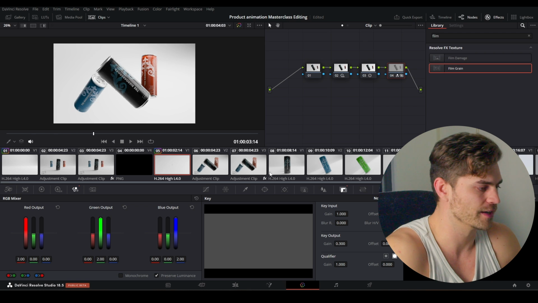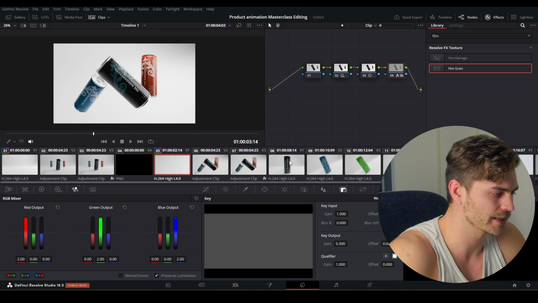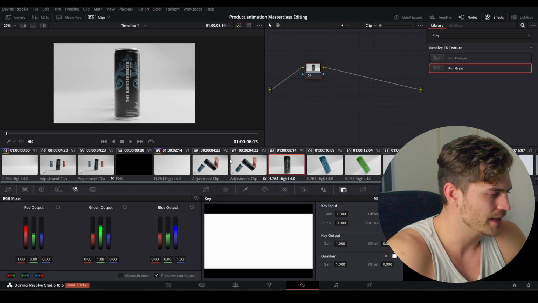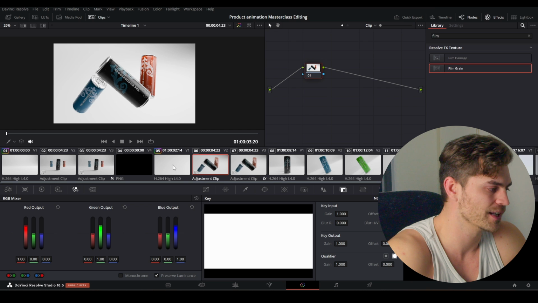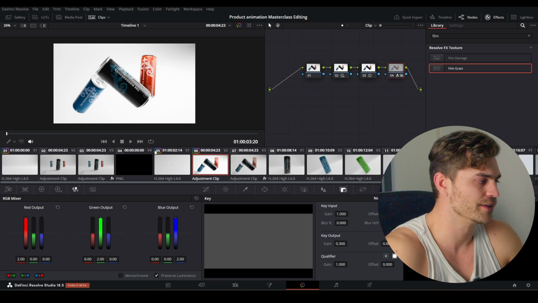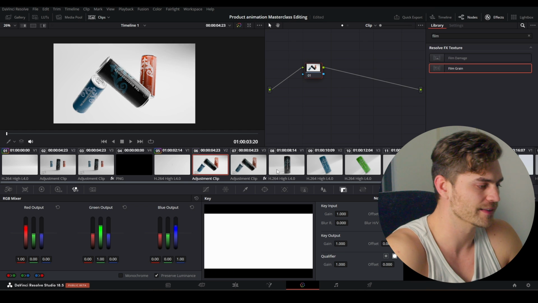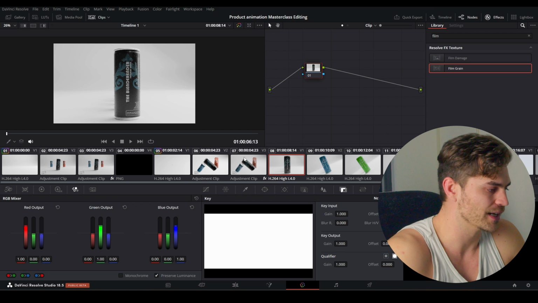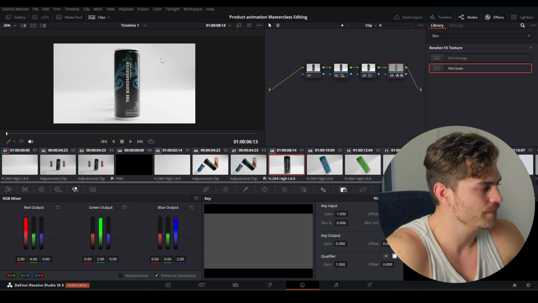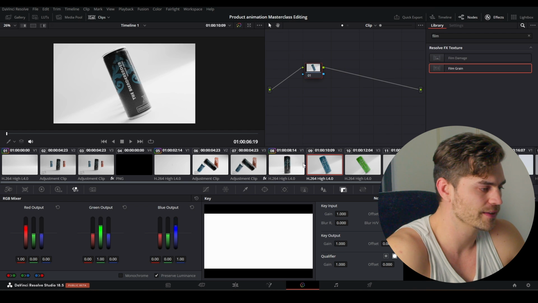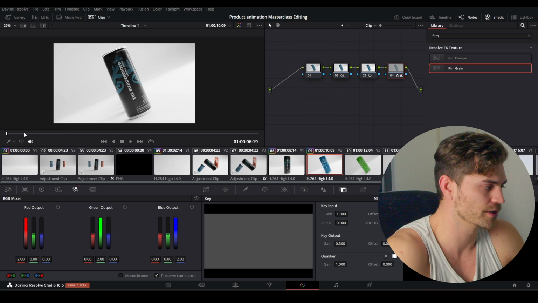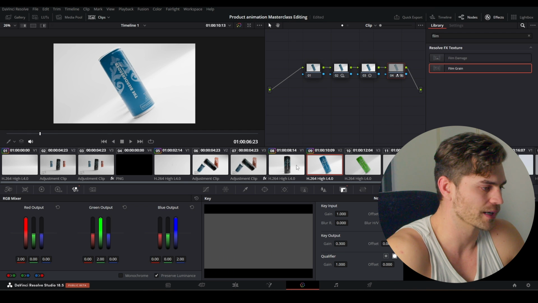I'm not going to spend a lot of time on it. You can tweak some things if you'd like. And right over here, I'm heading over into the next one. Do not select the adjustment clips, because if you add an adjustment clip and add another color grade on it, it will double it. So don't do that. Make sure that you've got the actual render selected. I'm going to click on this one, and now it has applied our color grade, and we can move forward like this.